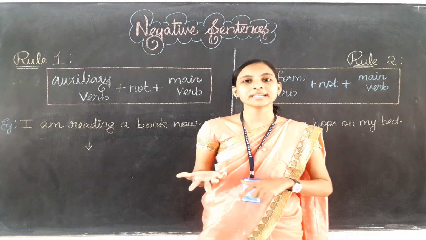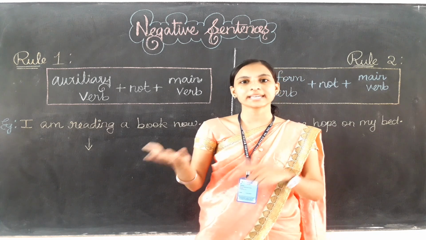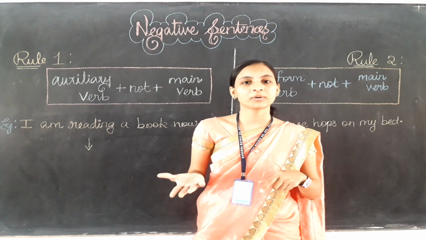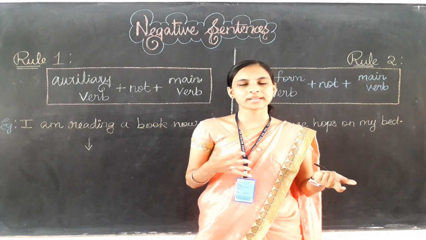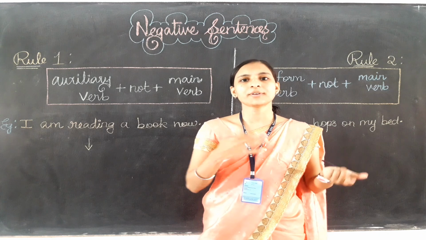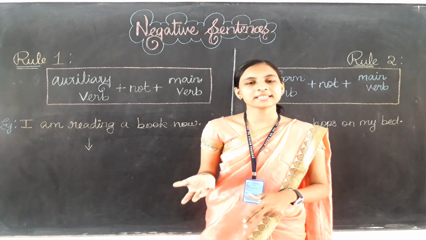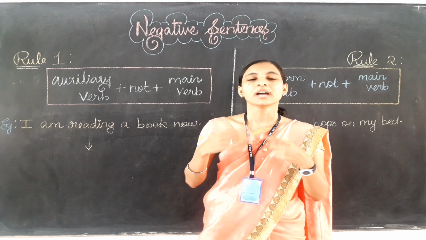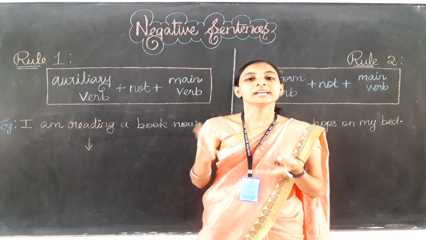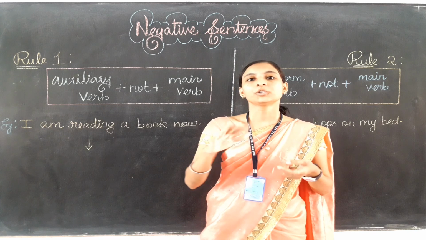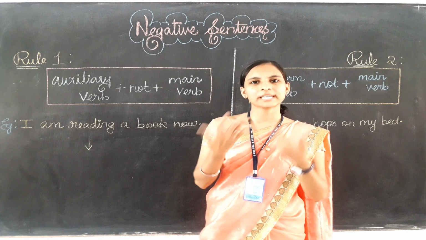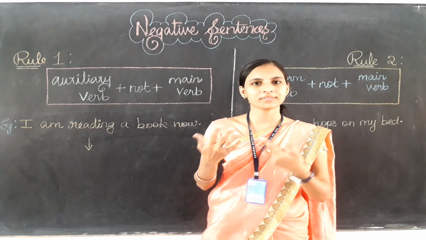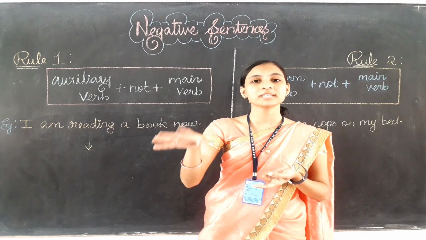Okay, so in a sentence, if I am telling you, I like this doll. Okay, this is a positive sentence only. I like this doll. Suppose if I am telling you, I don't like this doll. I don't like this doll. It means I'm not liking this doll. Okay, right? So here I'm using not to deliver my dislike on this thing.